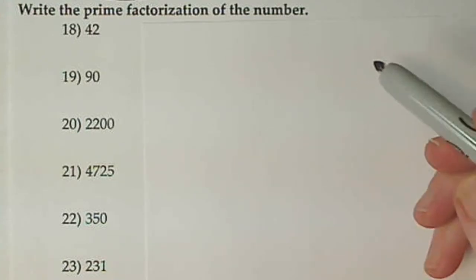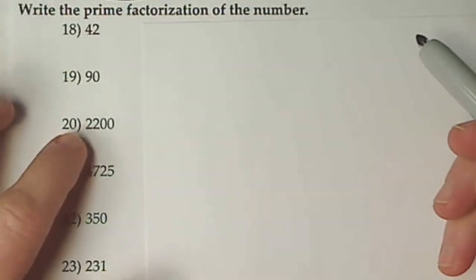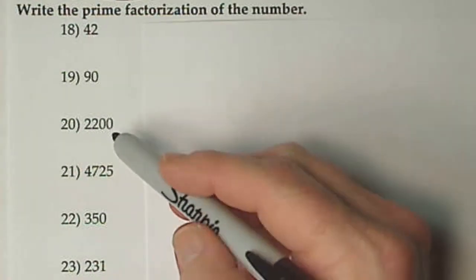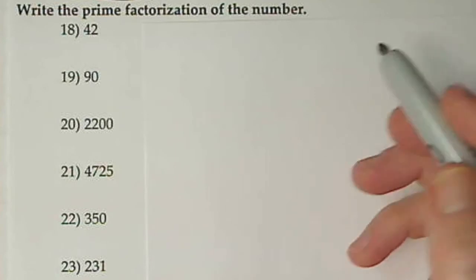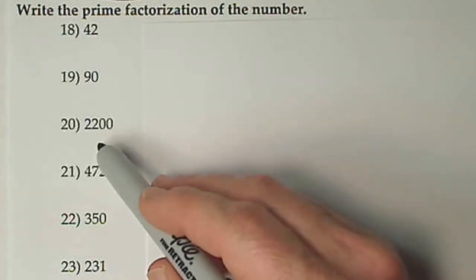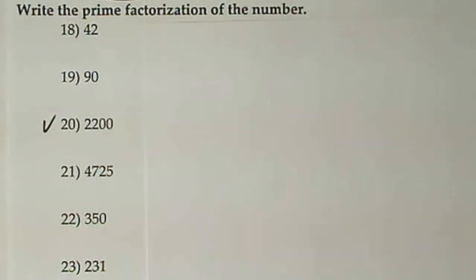All right, for prime factorization, don't be intimidated by the large numbers. Usually there's a little bit of a trick to whack that thing down to a bit smaller size. Notice that this ends with 2 zeros. So for number 20 here, for the prime factorization of